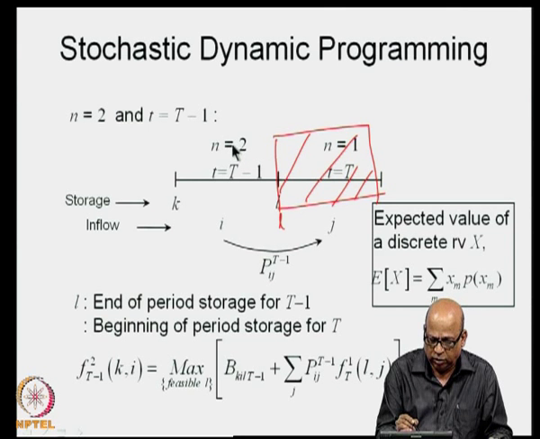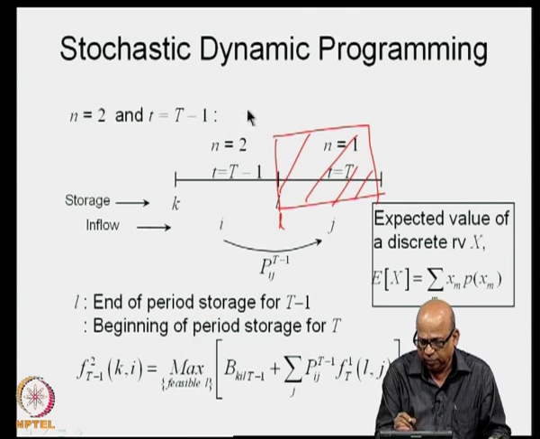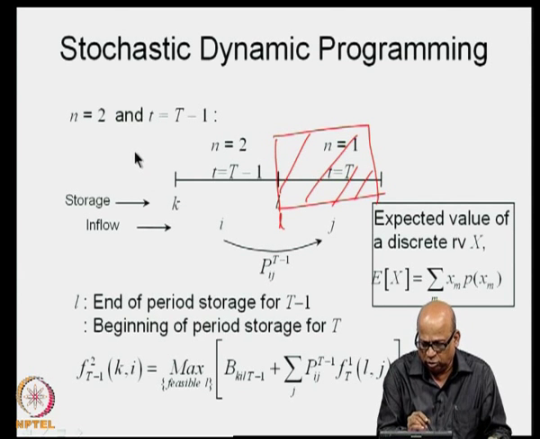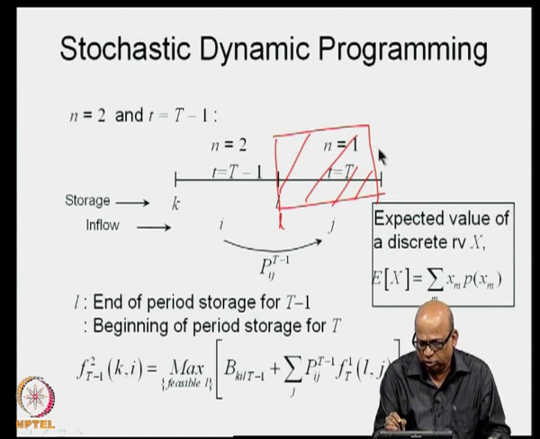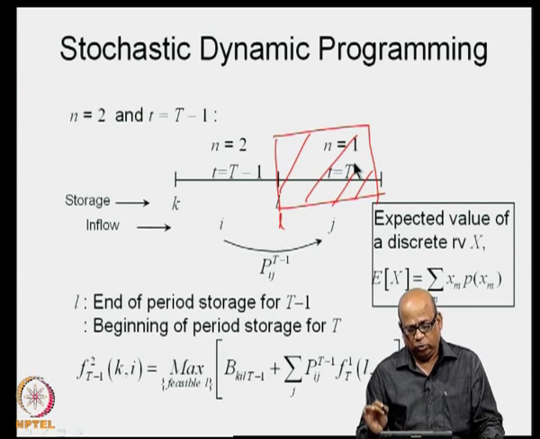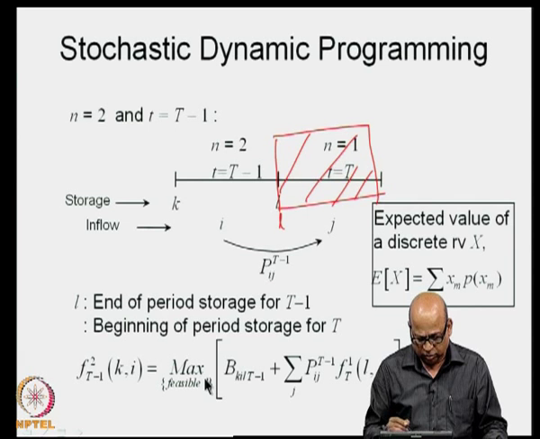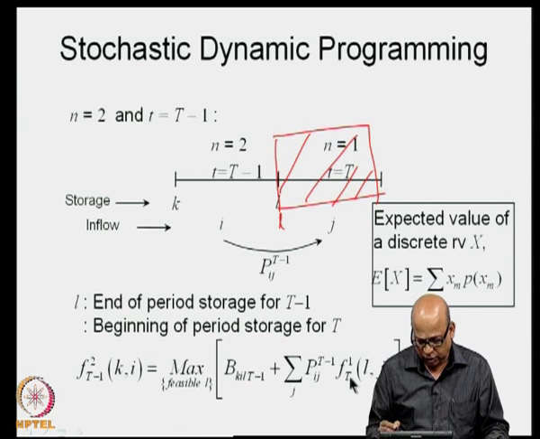When I am solving for n is equal to 2, I am connecting it to n is equal to 1. Solving for n is equal to 3, I always connect it to n is equal to 2. The n is equal to 2 solution would have already contained the solution for all the time periods up to the end of the time horizon, which means up to stage number 1. When I go to n is equal to 4, I connect it to n is equal to 3, because the solution for n is equal to 3 would have contained the solution up to n is equal to 1, and so on. So, like this we progress in the backward direction, keep writing the recursive relationship at every stage, and then